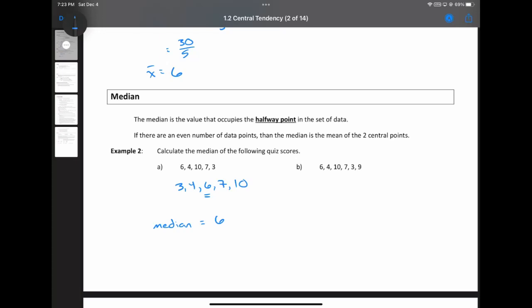Similarly, in our second data set, we have 6 numbers. You would think that the middle number would be the third, but that would mean that there's only 2 to the left and 3 to the right. We actually want the 3.5 number. I know what you're thinking. How do we find the 3.5 number? Well, the first thing we do is put these in order, as we should: 3, 4, 6, 7, 9, and 10. This looks a lot like our last data set, except that we added one more number to it. Okay, so now I've got 6 numbers there,